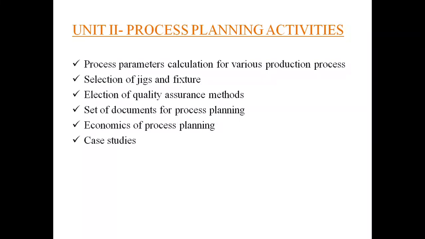For example, take a pen. In a pen we do not need much dimensional accuracy, so we can use a vernier caliper and screw gauge, etc. For example, for an engine component, such as cylinder bore and piston diameter, when we have to measure them we need high-end inspection methods. We use a CMM. Depending on that, we have to select the inspection methods.